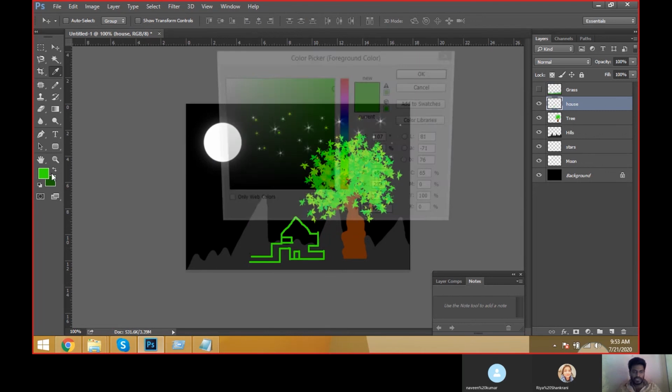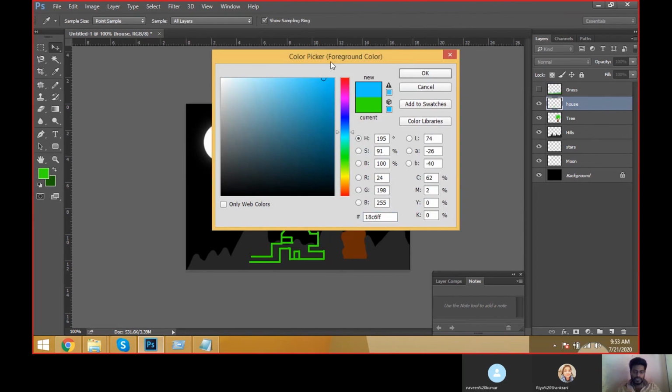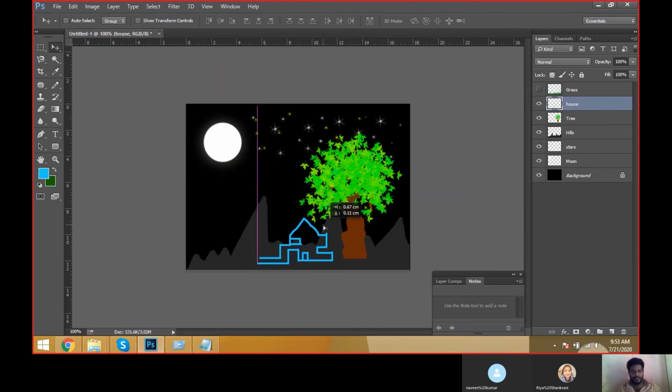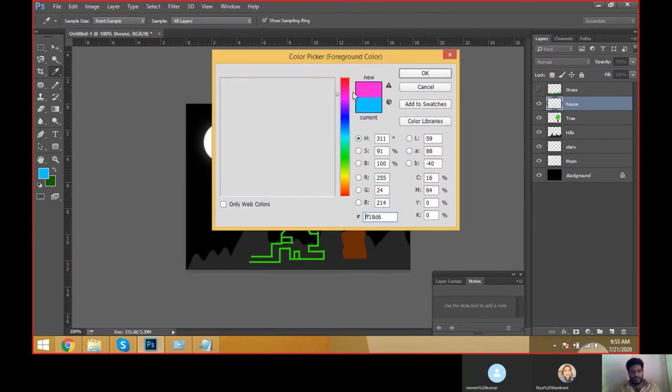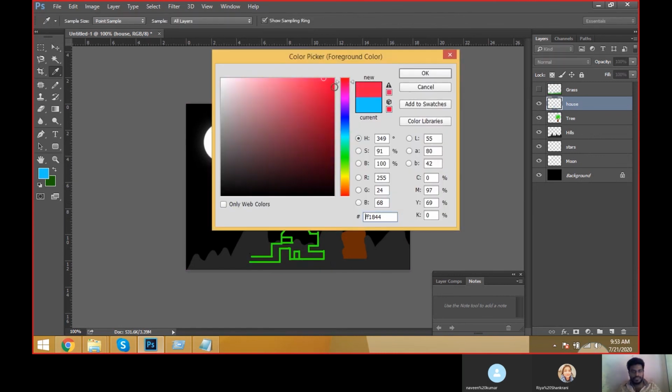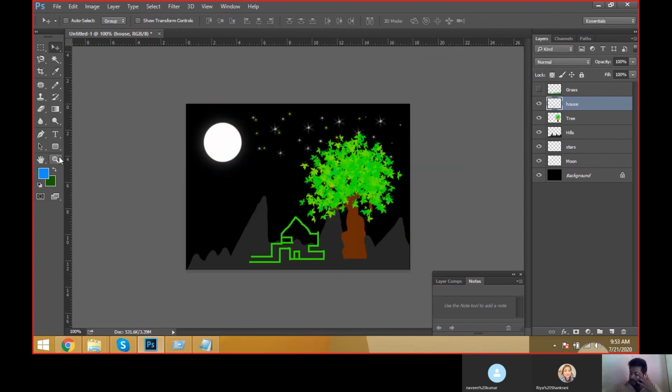I don't want this color. I have to apply some other color like this. How can we apply this color? Take some different color. How can we fill the blue color to this house?